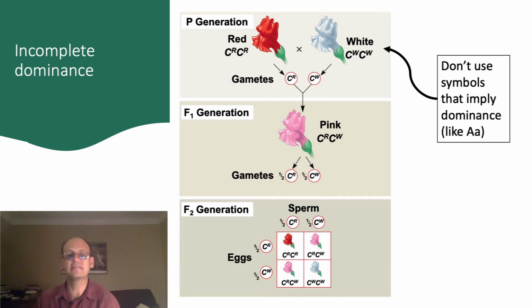In all of these cases, the inheritance of the alleles is exactly as Mendel would have predicted. The difference comes in the relationship between the genotype and the phenotype. In this case, it takes 2 red alleles to produce a red flower, 2 white alleles to produce a non-pigmented white flower, and the presence of only 1 red allele will cause the flower to be pink. Notice that we avoid using the symbols that we previously used. Uppercase and lowercase symbols are used primarily to indicate dominance, and here we don't have dominance, so we choose different symbols.